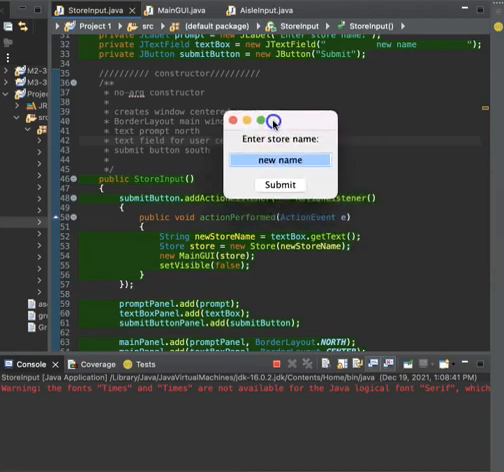So the first GUI is the store input. This GUI simply asks the user to input the store name. It uses a border layout. This is a prompt panel with a JLabel, and this is a JPanel with a JTextField, and this is a JButton which has an action listener which opens the main GUI and sets this GUI's visibility to false. So let's make our store name store and press submit,